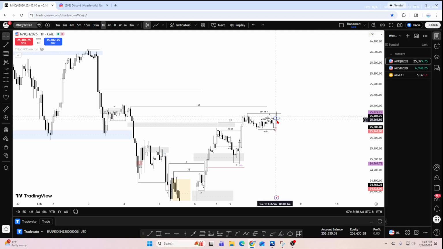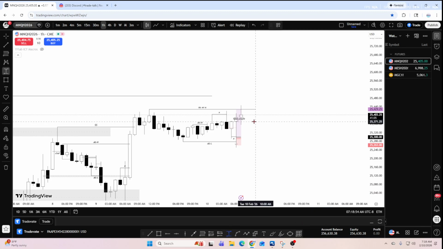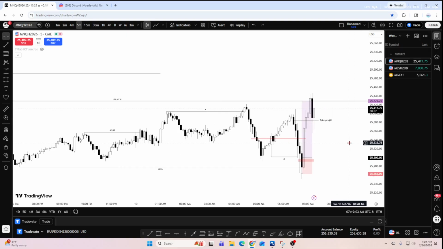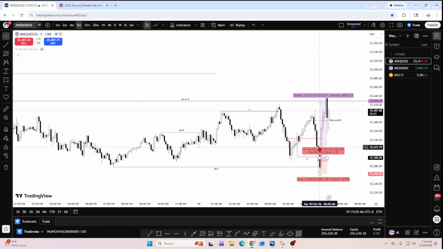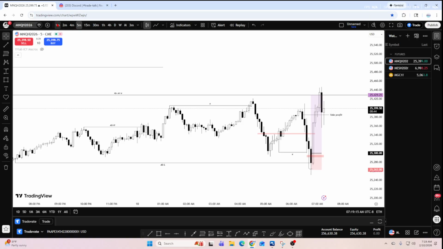But we are in a tight range, right? It looks like it's a huge move, which it is. Between today, we are looking at almost 200 points. But this is a very manipulative trading day, right? So it's very, very important to remain patient and be selective in the trades that you take. All right. Now let's go into the trade itself.